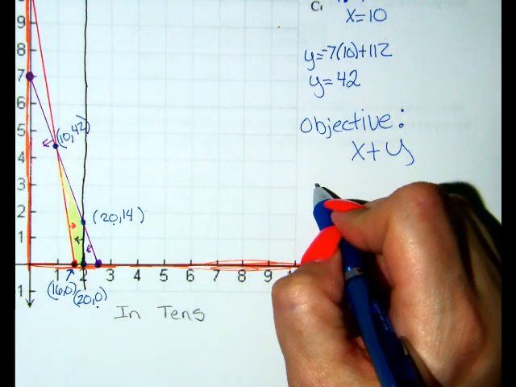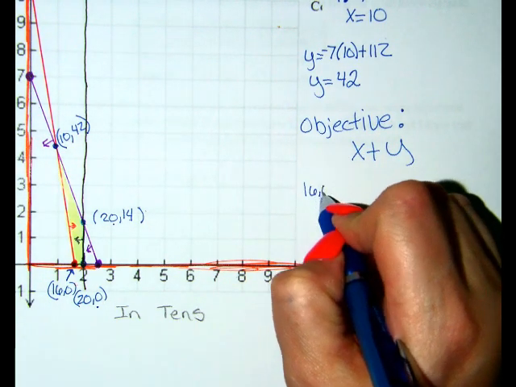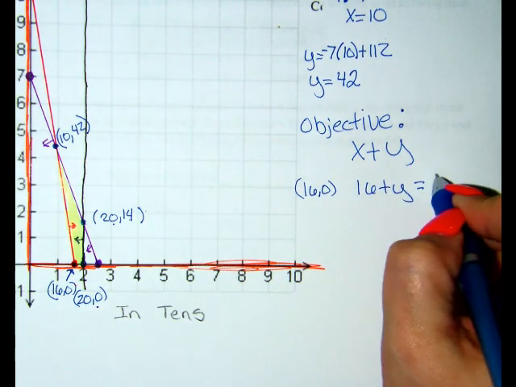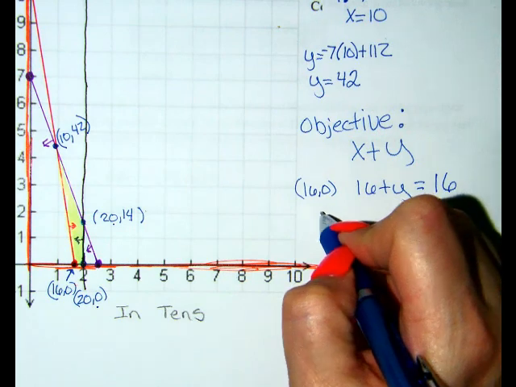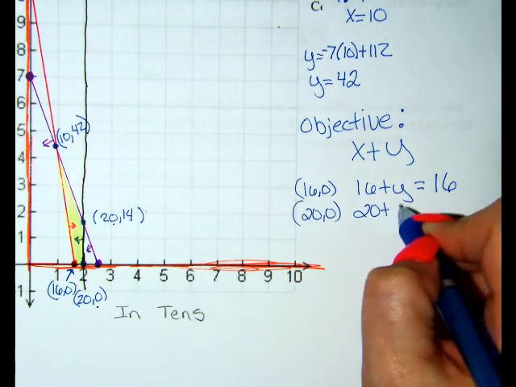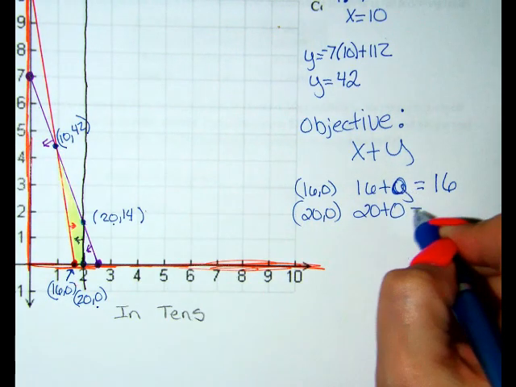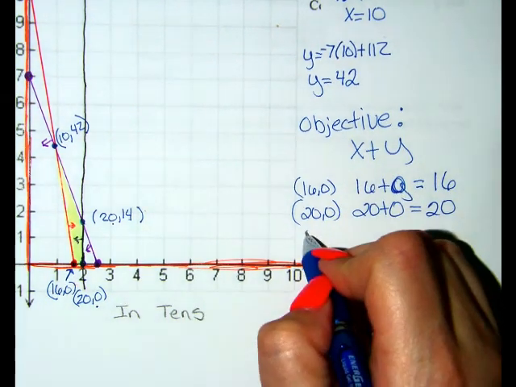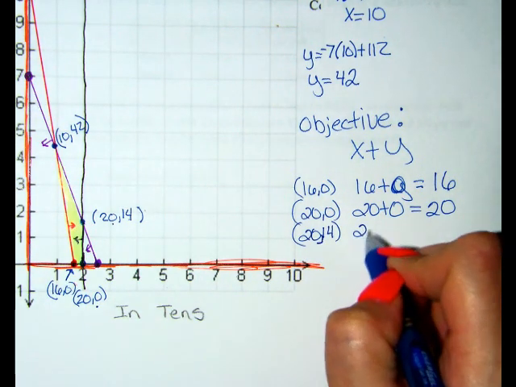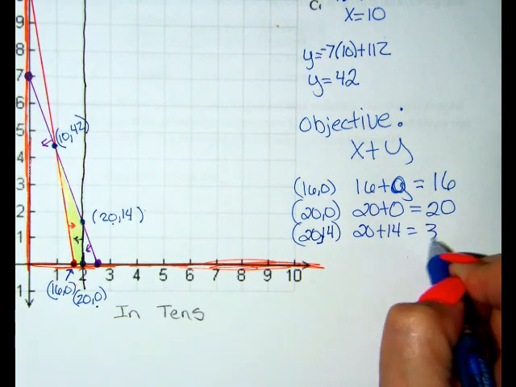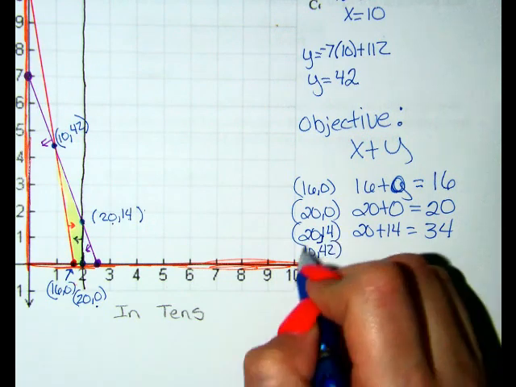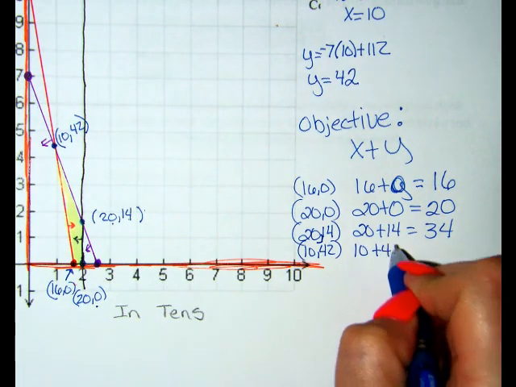I'm going to start at (16, 0). 16 plus 0 is 16. Then my next one was (20, 0). Well, 20 plus 0 is 20. The next one was (20, 14), right? So 20 plus 14 will give me 34. My last one was (10, 42). 10 plus 42 gives me